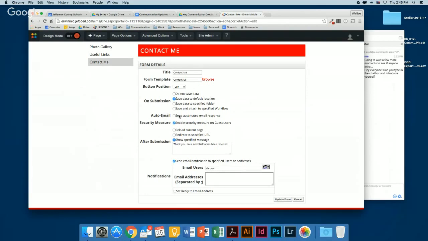The auto email response can be set up so the teacher sends an automated response to the parent who submitted the message. It could say something like, thank you for contacting Mrs. Brown's class or English class, or however you want to say that.